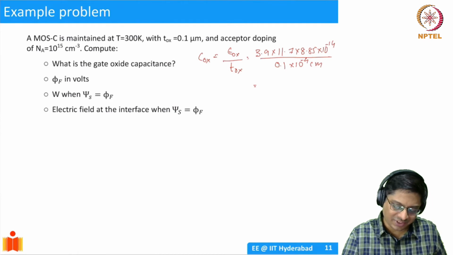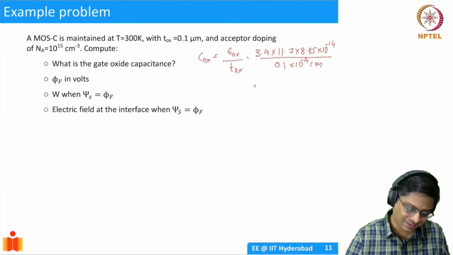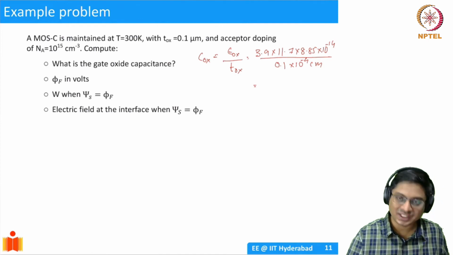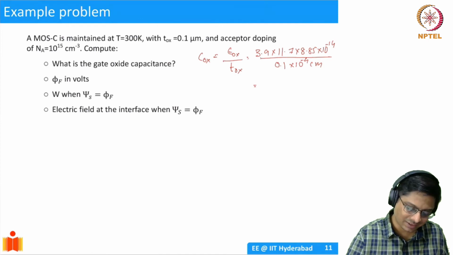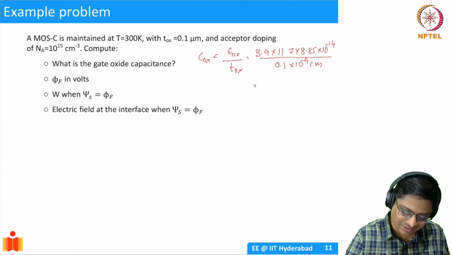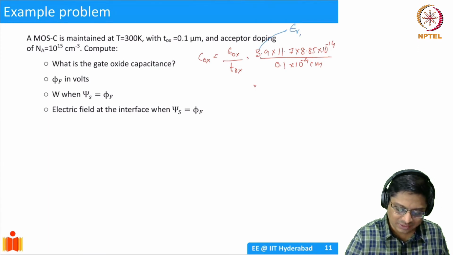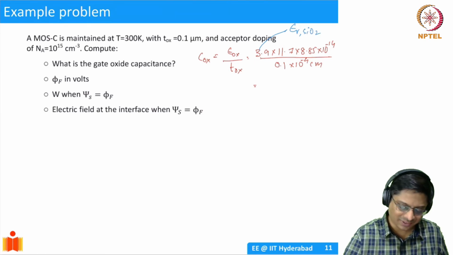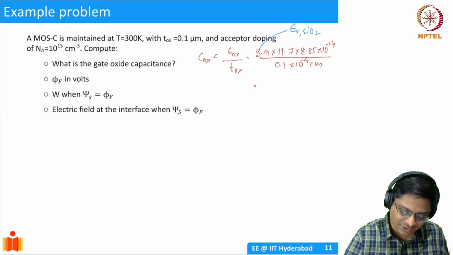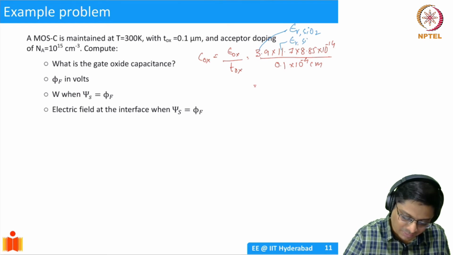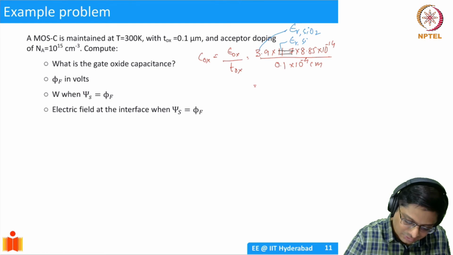Oh well, I made a mistake. You see here, I made a mistake. So I took epsilon oxide, I put 3.9, which is the relative permittivity, right? See here, this is epsilon relative for SiO2, and for no reason I brought in 11.7. That is epsilon relative for silicon. I don't need this. Okay, so this number should not have been there. That's my mistake. Okay, you should strike it off.